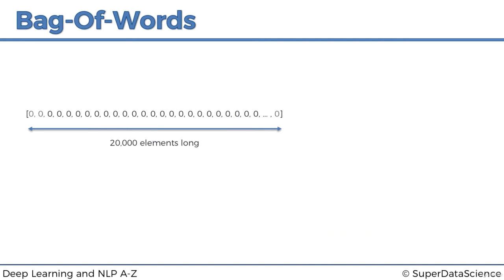And the other thing is, here you can see I've grayed out the first two and the last one. First two are going to be reserved for SOS and EOS. SOS stands for start of sentence. EOS stands for end of sentence. And the last one will be reserved for special words.